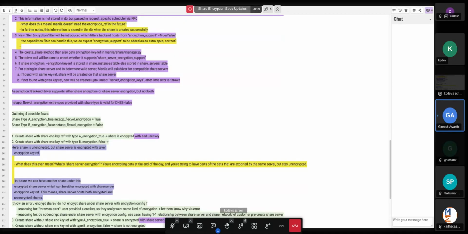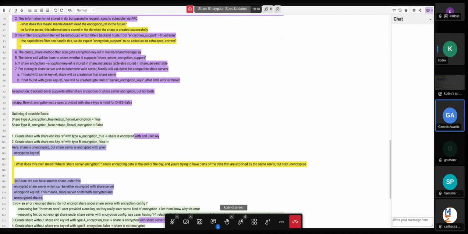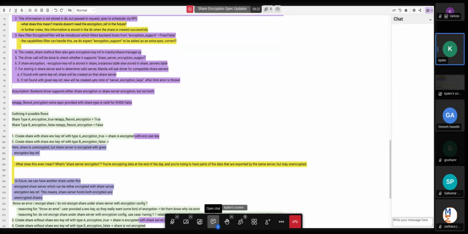We should not confuse the user by making them use multiple specs for setting encryption on the share. Basically, at the backend driver, you have to make a decision that whenever the encryption key ref is provided in a share create request,